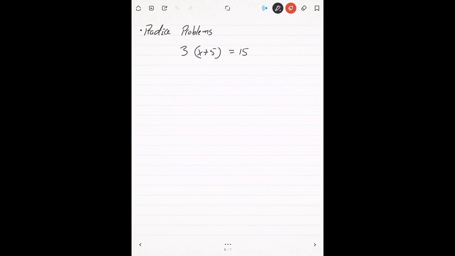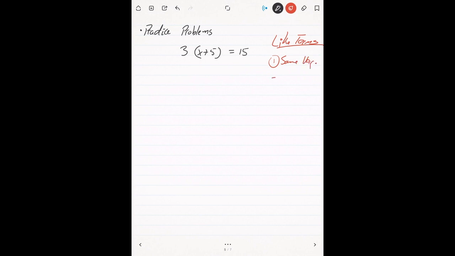Well, what can I do in this case? I can't combine x and 5 together. X plus 5, that doesn't combine because those aren't like terms. Remember, like terms are, think of terms as numbers or numbers and variables together, the things that are being added or subtracted together. We can think of them like that. So like terms are terms that have the same